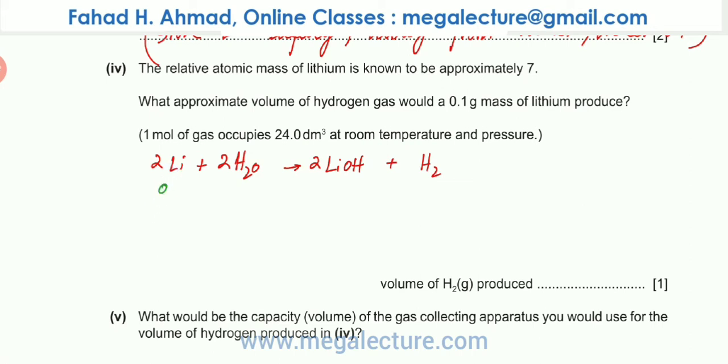You're given 0.1 grams of lithium. So the first thing is I'm going to figure out the moles. How do you find out moles? Moles is mass divided by the Ar, which they have already provided as approximately 7. So 0.1 divided by 7. So how many moles do we get? I'm getting 0.0143 moles. Now it's important to have your calculations done to 3 significant figures at least. So I've rounded it to 0.0143. This one is a rounded value.